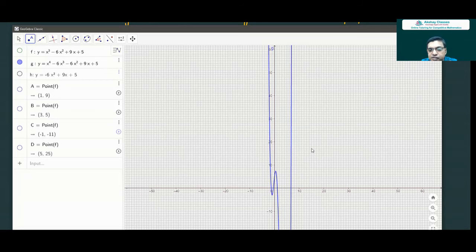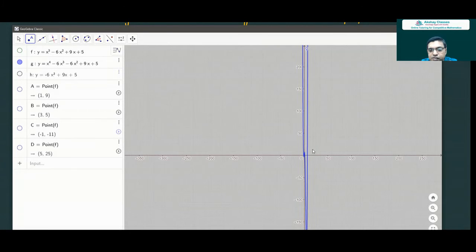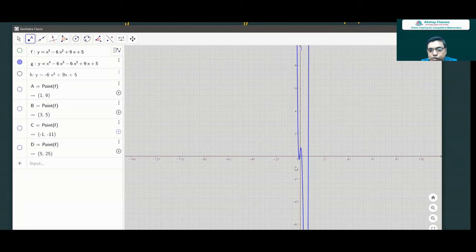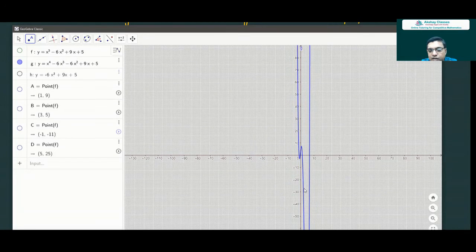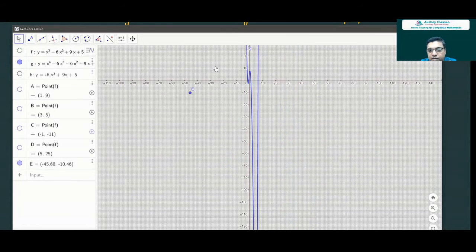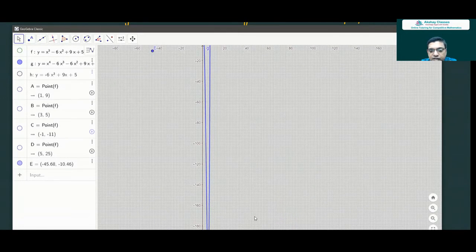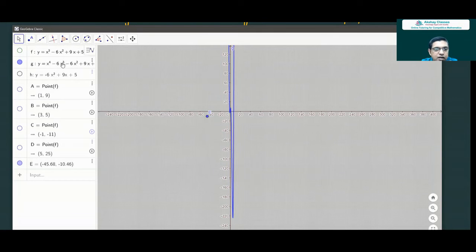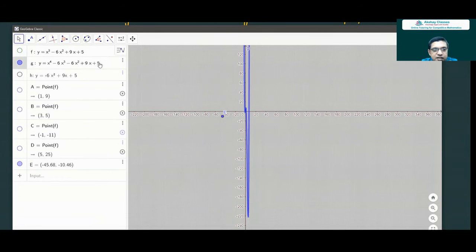Here we see there are 2 points of maximum and minimum. One minimum, one maximum, and at the bottom here there is another. Of course, if I change this to positive,